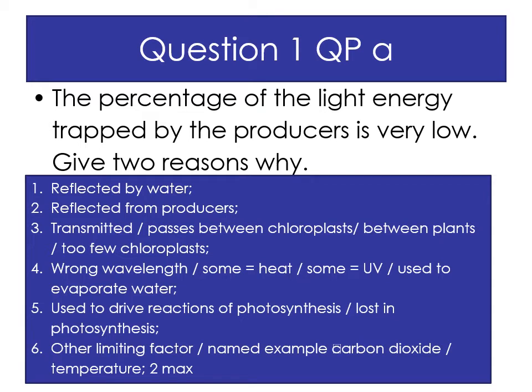Some of the light's the wrong wavelength. Maybe put a bit more detail in. So green being the wrong wavelength, green coloured light being the wrong wavelength. Some light doesn't fall on the chlorophyll. It misses the chlorophyll, doesn't fall on the chloroplast, is transmitted through. You could add in, and then I would put in all the limiting factors, and I would add into my keynotes used to drive reactions of photosynthesis or heat. I would put actually heat energy lost in photosynthesis reactions if you want an extra one there. Okay, so quite a lot of different answers given to maximum.